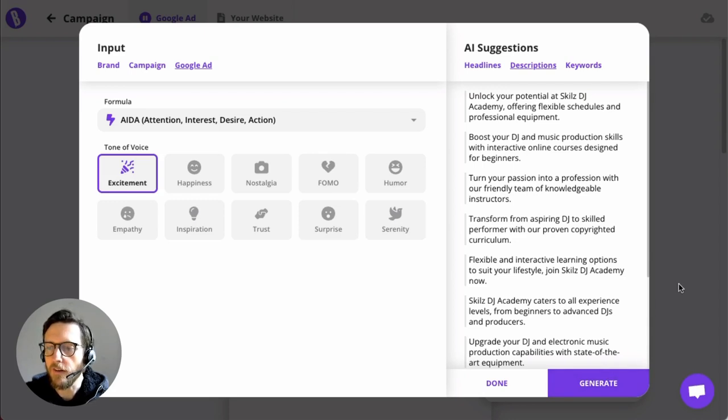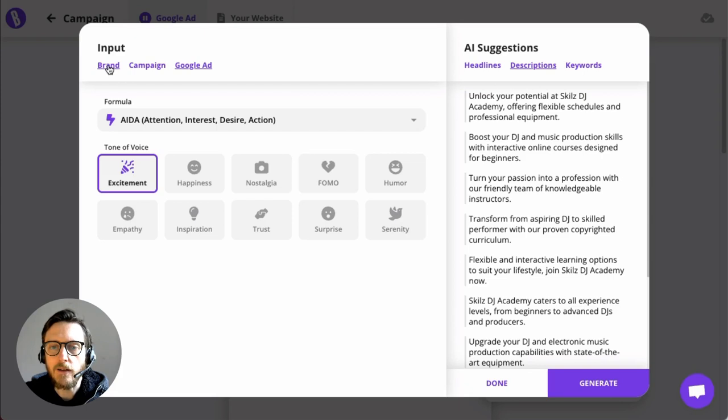made up of two basic parts. One part is the input section, and the other part is the AI suggestions or output section. So as you can imagine, in the input section, what you do is you change your inputs. So we have separated these inputs into three categories. You can think about this input as your briefing that you would give to an ad agency so that it knows what you actually want to achieve with your campaign.